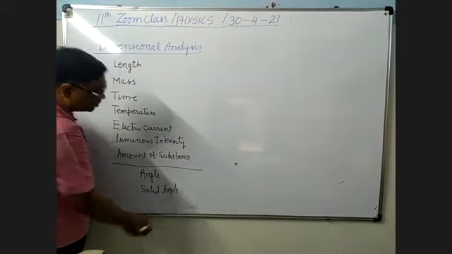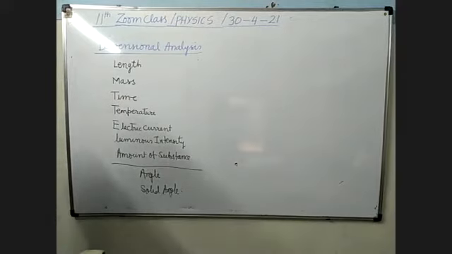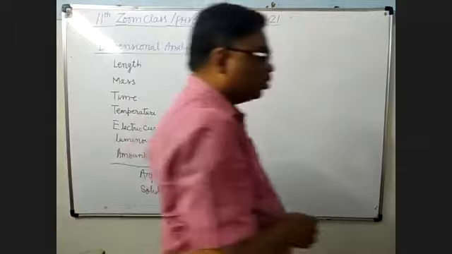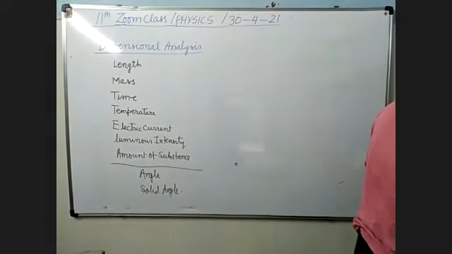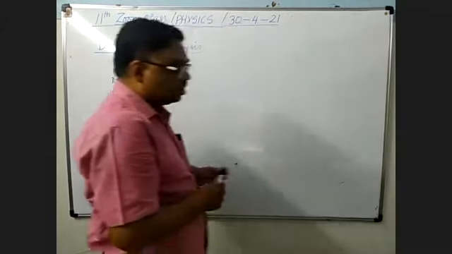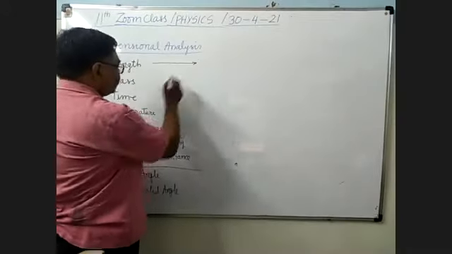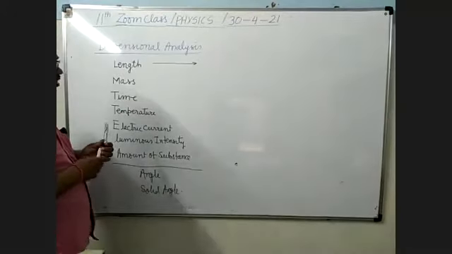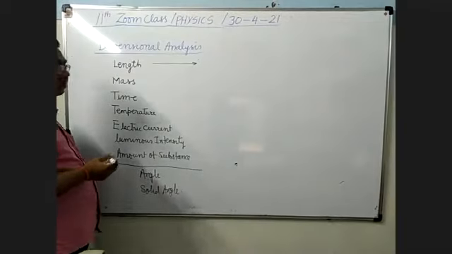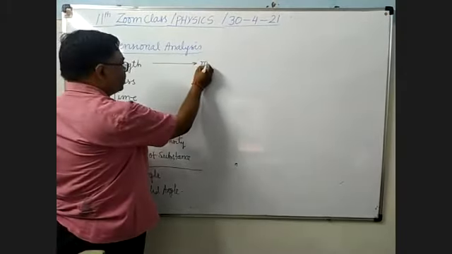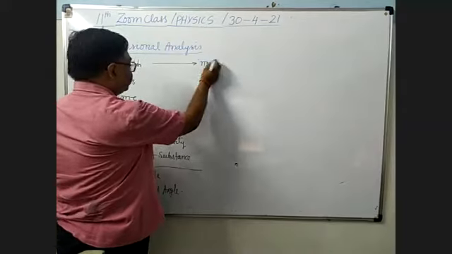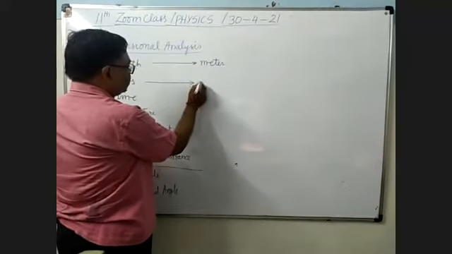In the previous 3 videos, I have explained their SI units. It's clear what the SI unit is? Now see here, what are their SI units? You can see, what is the SI unit of length? Who can tell? Meter. Mass is kilogram.